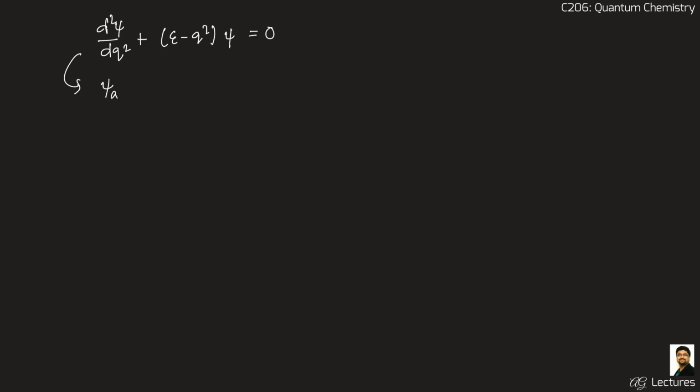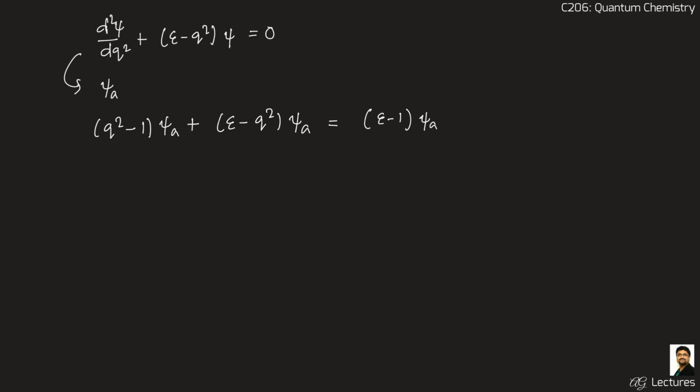If we plug in psi a in here, the double derivative gives something like q square minus 1 psi a, plus we get epsilon minus q square psi a, and that is equal to, the q square goes out, and therefore we get epsilon minus 1